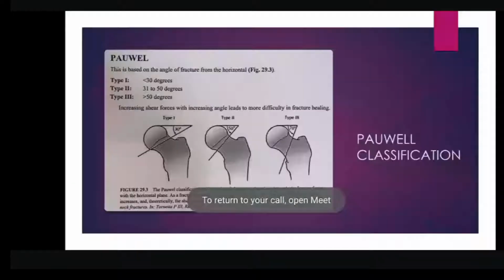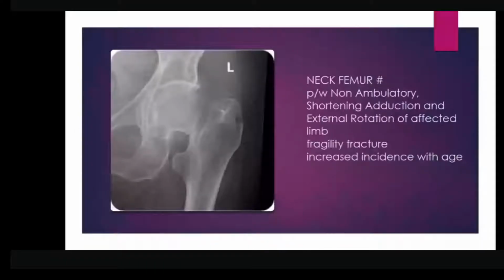This is very important for you: neck femur fracture, okay? Neck femur fracture is very important. It can come into your X-ray, short note, very often asked. Neck femur fracture basically has two types of population: pediatric neck femur fracture and adult neck femur fracture. Pediatric neck femur fracture is an absolute emergency, should be fixed as early as possible, if possible within 6 hours.